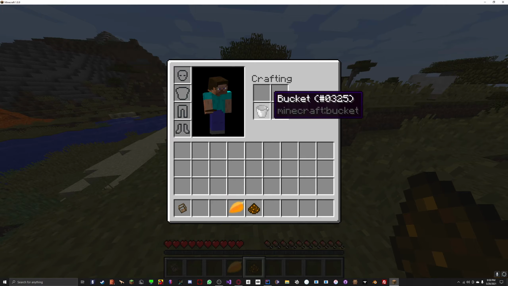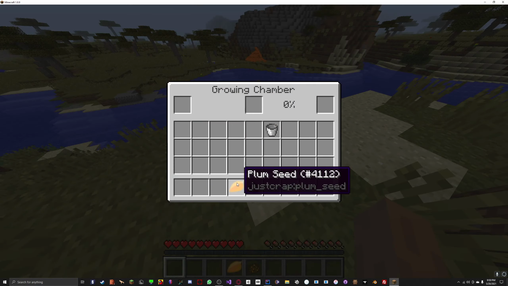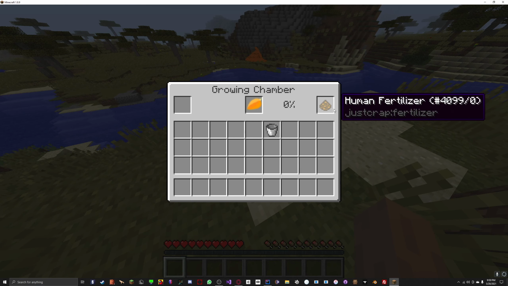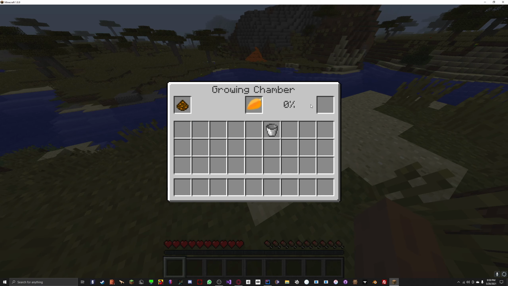You get plum seeds. Now, with these plum seeds, you can put them inside of a growing chamber, put the plum seeds inside, and put the human fertilizer into here. And if you wait a few seconds, you can see this percentage is starting to increase. And once that reaches 100, it will turn into